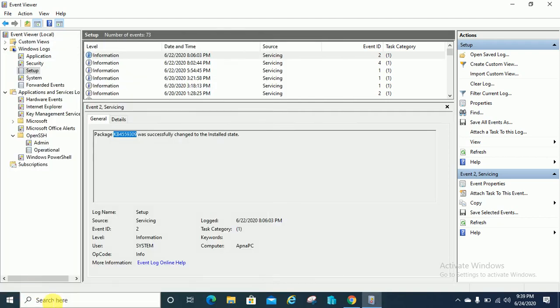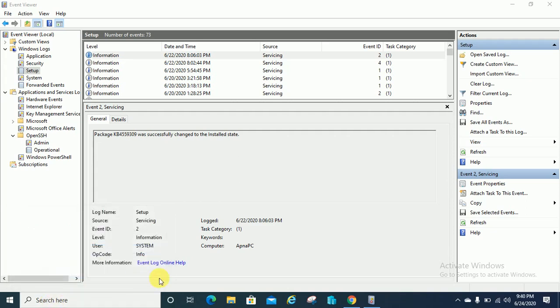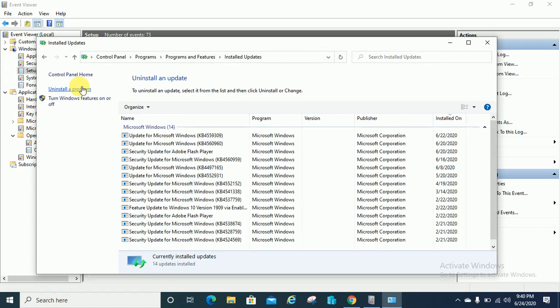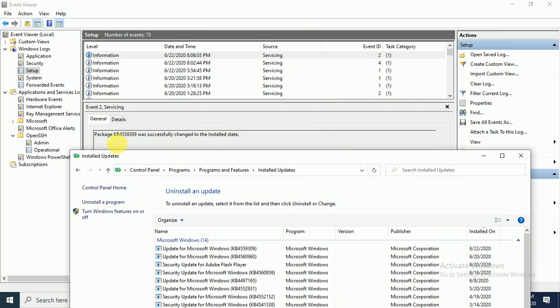To check it, we'll go to the view installed updates option by going to Control Panel. The KB is KB4559309.